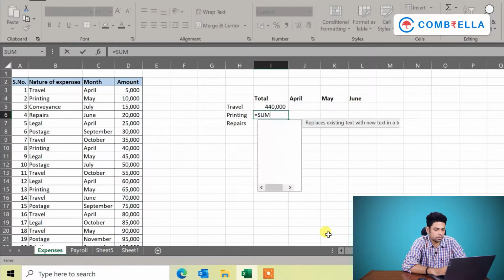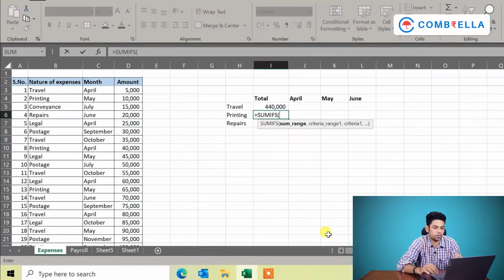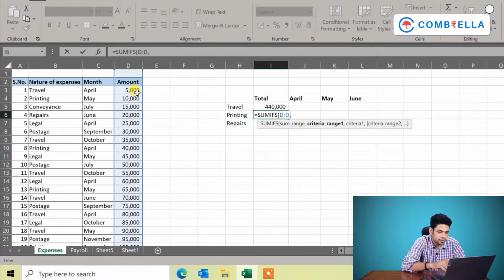First you need to press is equal to SUMIFS, press tab, and the formula opens. Now the sum range. Sum range is nothing but the column wherein you have the numbers of which you need to do a sum total. Range means from a particular point A to B, that is known as a range. The sum range is the column of which you need to do the sum. So go here, this is the column we need a sum total of, and select the entire column by pressing Ctrl space bar, then comma.